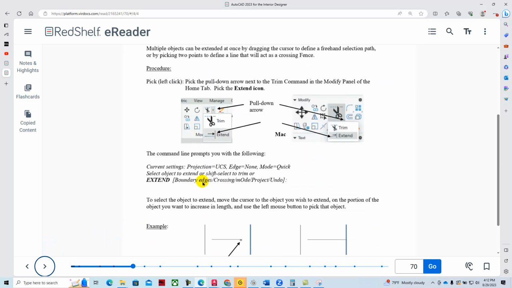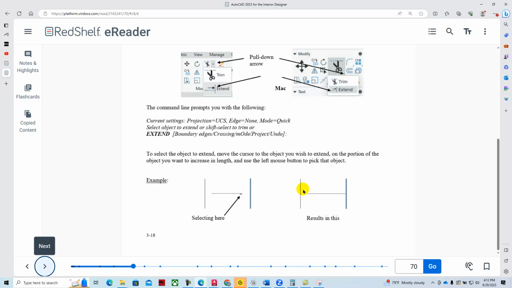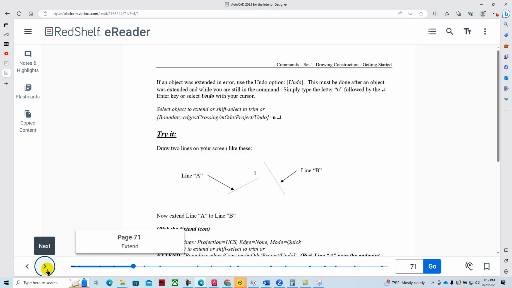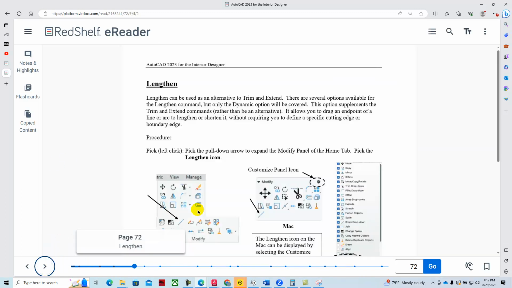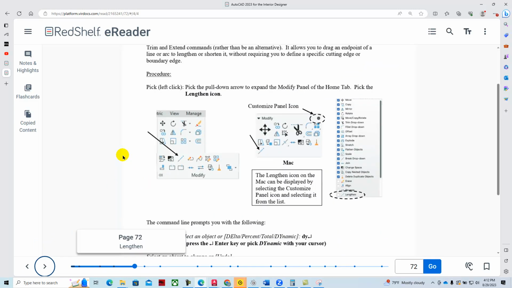And then we demonstrate the extend command. And the extend works just the same. It just extends lines to a boundary element. Again, it will extend it, but the lines have to cross each other. And so we can look at the extend command,